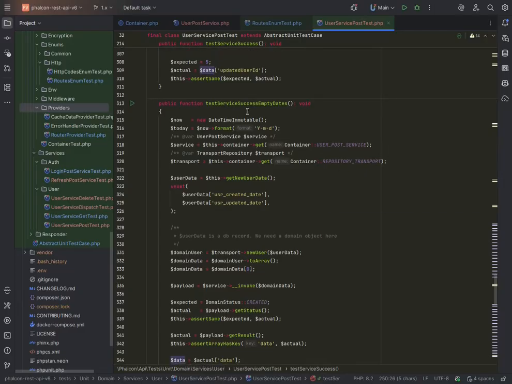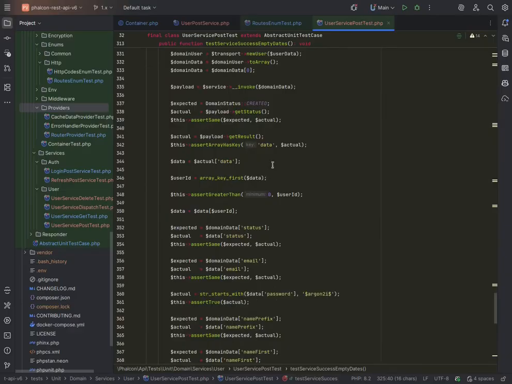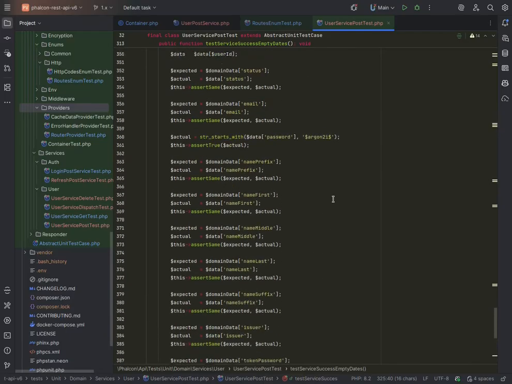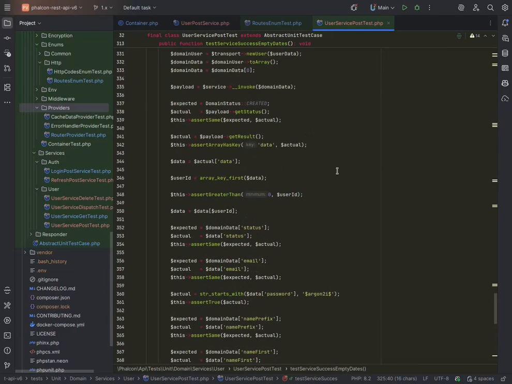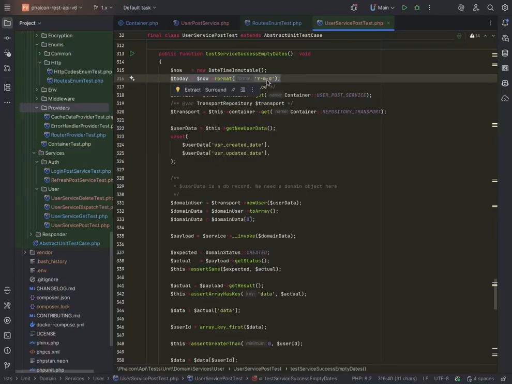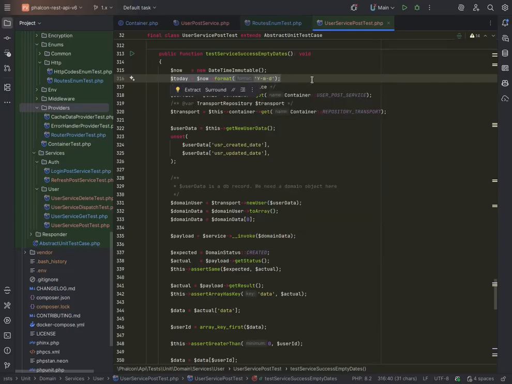Finally, the next test will be if we have empty dates. So if we have not supplied the created date and updated date, what will happen? Well, we are going to have the whole shebang here, the same thing, the created, but what we're going to do is we're going to check, where is it? We're going to check if the created and updated date starts with today's date. Okay, I could make it a little bit more tight if I put in the hour as well and the minute,